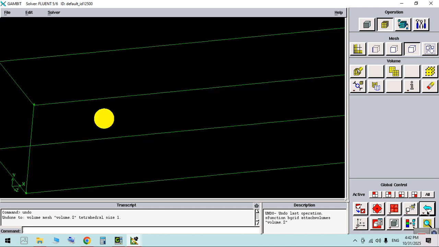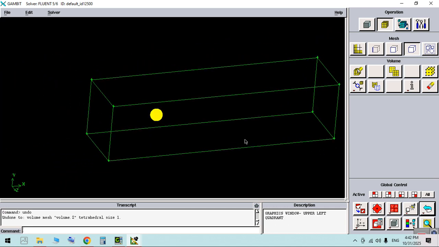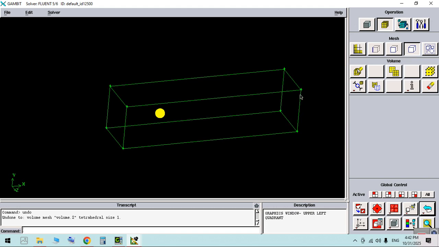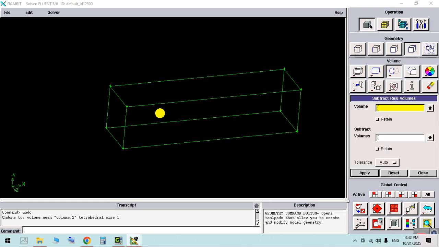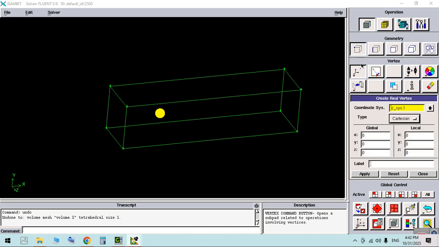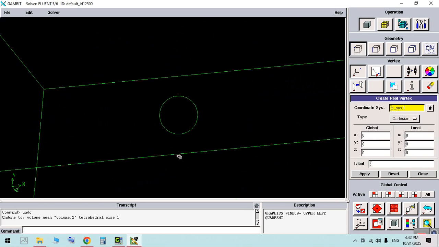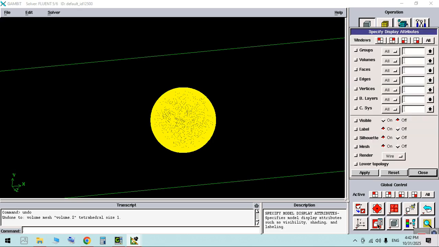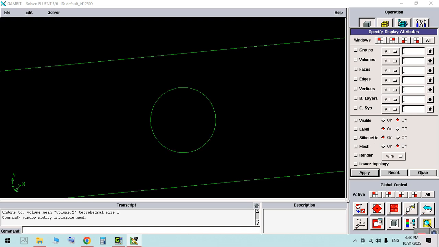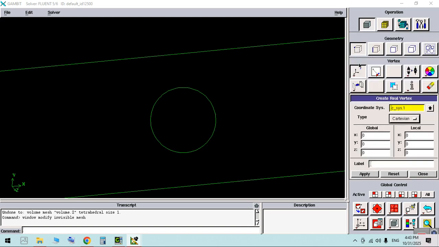Close this, undo that, undo the former process, and here come to the geometry, into vertex creation, and let's have a vertex on the sphere. First come here in display and select mesh off, apply it, close. The visibility of the mesh is off. Okay,